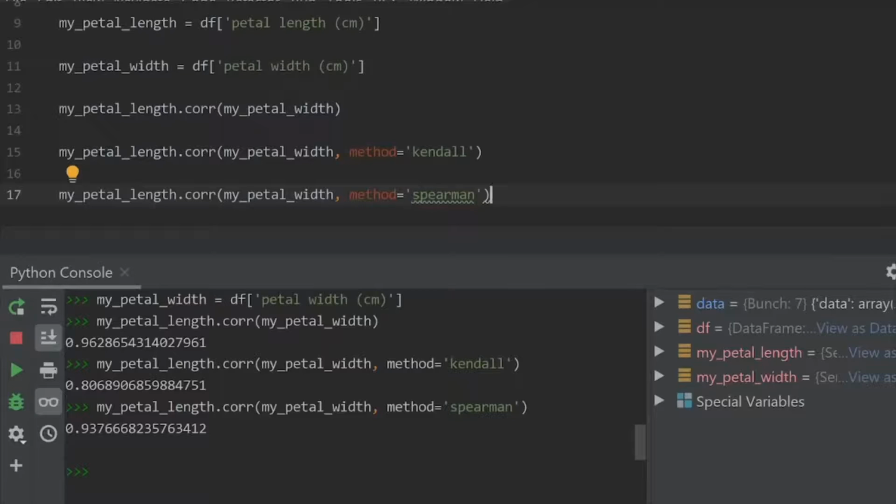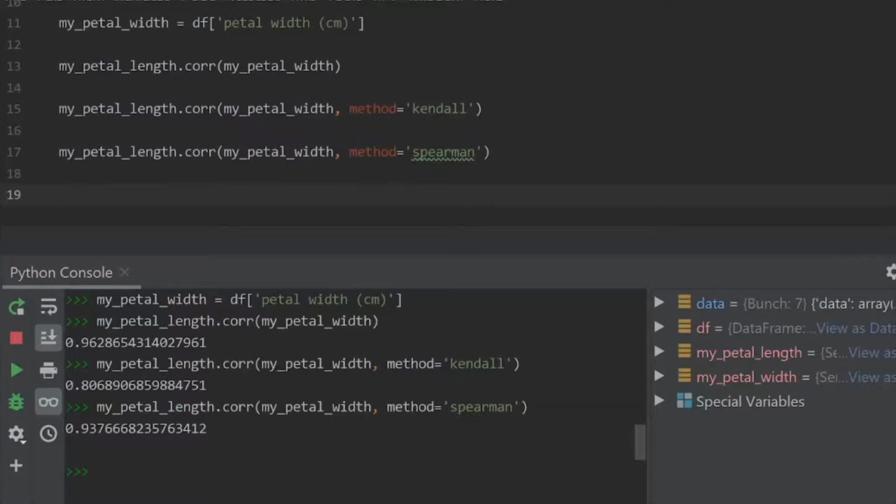Next, let's talk about the count method. As the name indicates, the count method provides the number of observations in the given series which are not blank or NA. Meaning that if there is an entry, only then the count method is going to take it into account. If we have a null value or if it is blank, the method is not going to take it into consideration. Let's see an example to understand this.